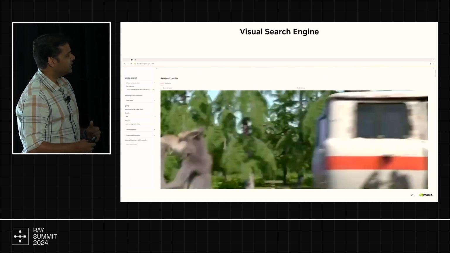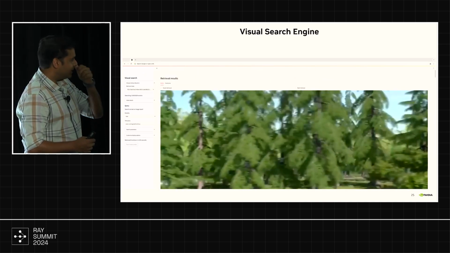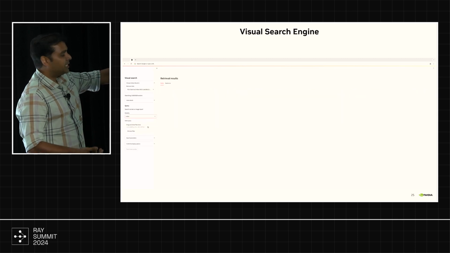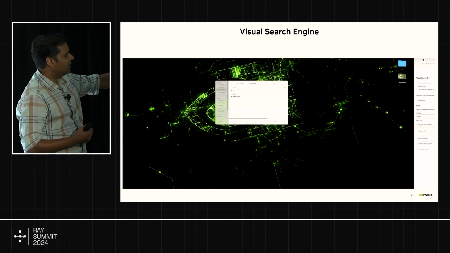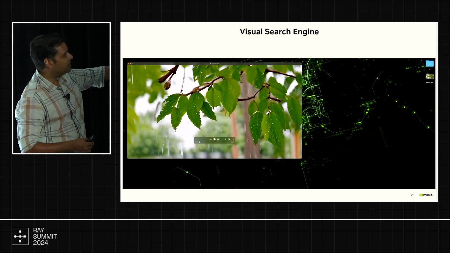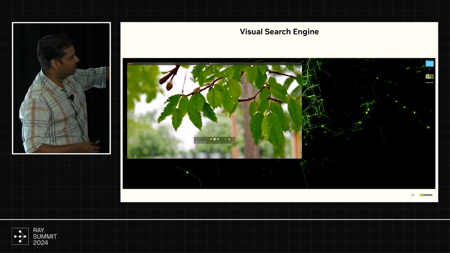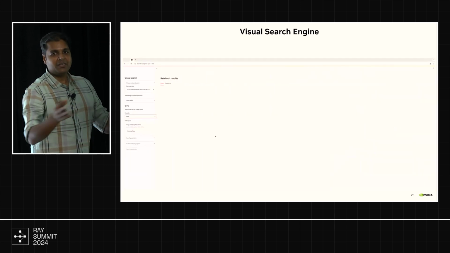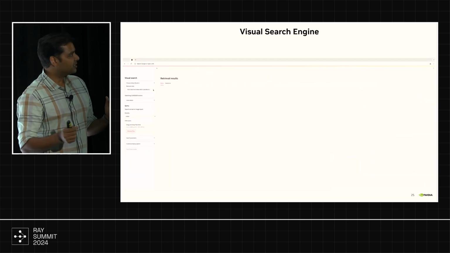The other interesting thing, I'll show you in a second. Because we used a multimodal embedding model, this tool can also search for similar videos. Let's say I have this beautiful 5-second video of leaves with rain in the background, and you want to find which videos were similar to this, that led to this.